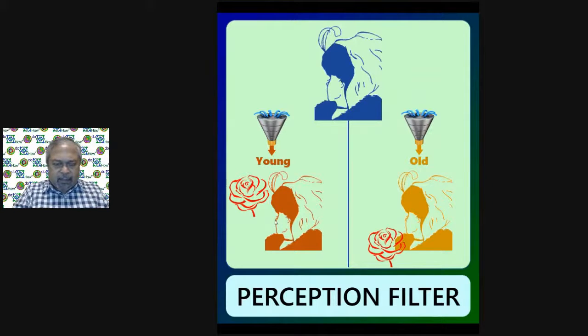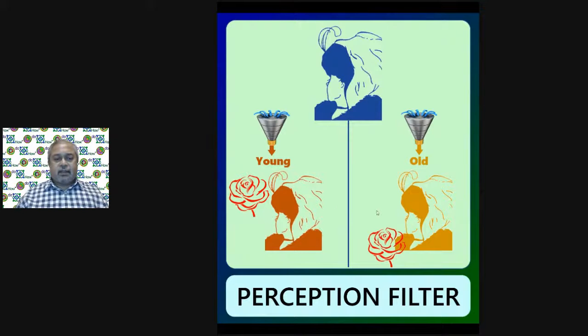I don't know, did you get that image? The young one and the old one. Young one is when you are looking at the picture in this direction. That means the rose is there, and the lady is looking at the rose in this direction. And the old one is a photo taken in the front, where you're talking about the image which you saw from the front, where the lady is looking at the rose in this direction. That means you're looking at the left part of the face from the front, and in this case you are looking at the face from the back, the left cheek of the lady. From the left, the young lady looking at the flower in the front in that direction.